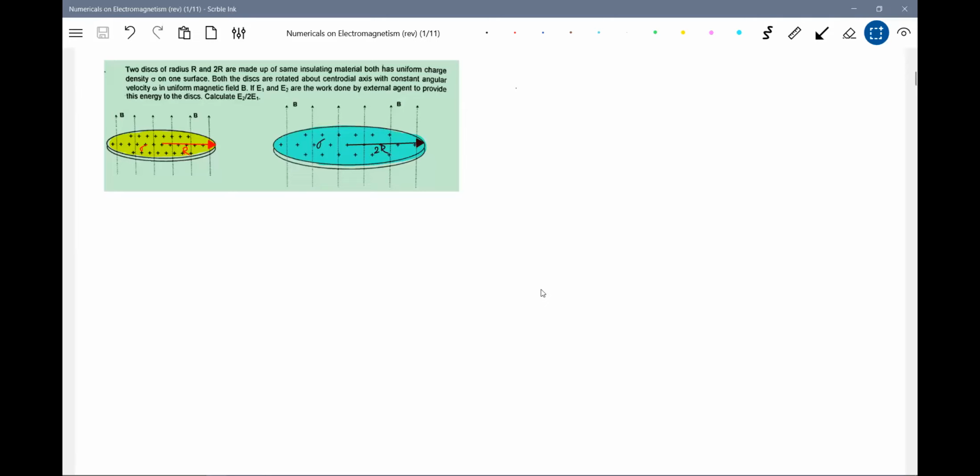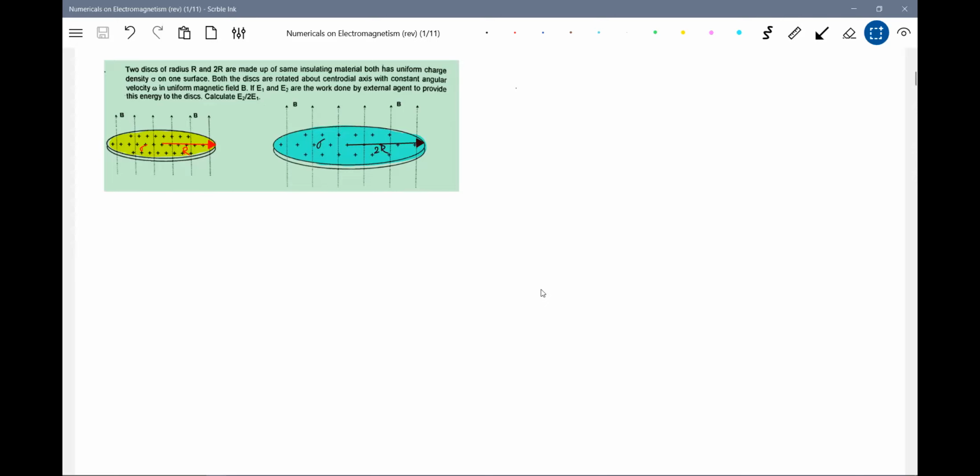Okay, now let's go back to the rotating disk. Will it produce any magnetic moment? Will it behave like a magnet? That's the primary question you ask. Will a rotating charged particle have any dipole moment? Yes. So a rotating charged particle will behave like a magnet, so the rotating disk also will be a magnet. That magnet, now kept in a magnetic field, will it have any potential energy? Yes. And it is also going to have rotational kinetic energy.